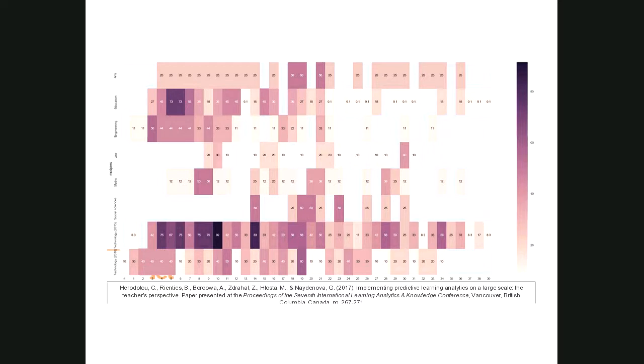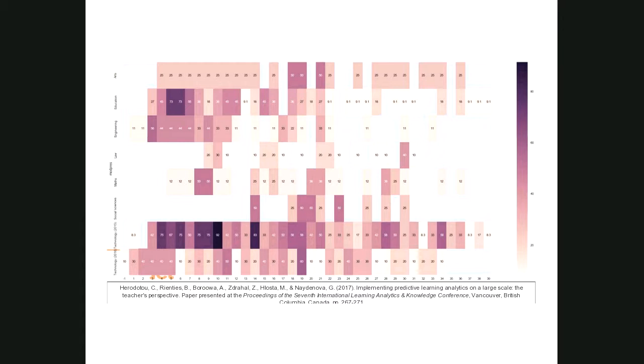But what you see here is that in some modules, this predictive analytics was heavily used. So in the computing science module, which I explained before, which is on the bottom, they heavily used this analytics on a week-by-week basis. But at the same time, there were certain modules, like, not to be shamed, the social science module, where only in week 15 or 14, only half of the teachers started to look at OU Analyze.